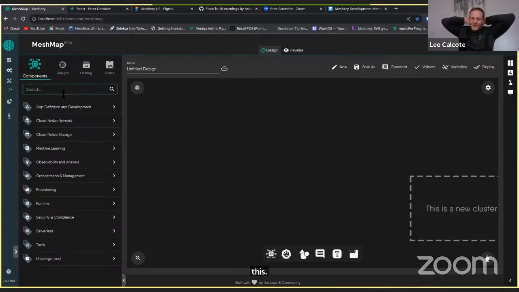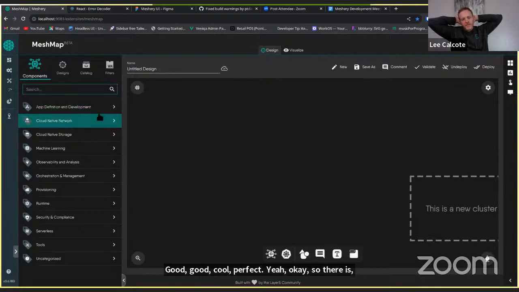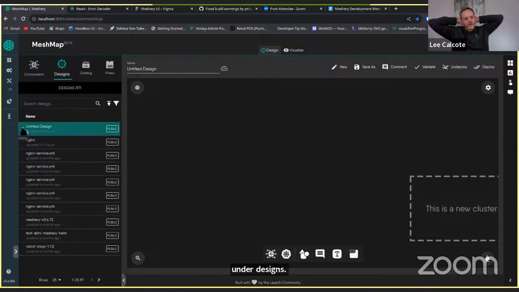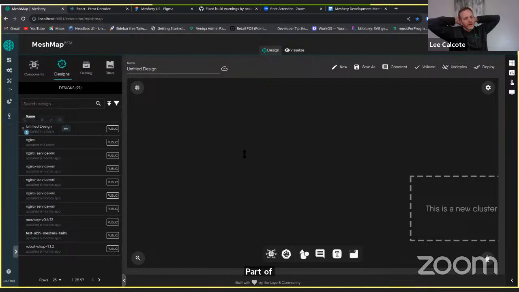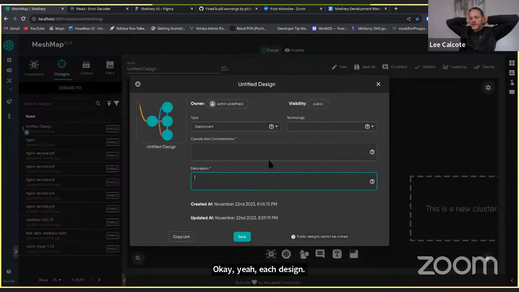A picture's worth a thousand words, which is the point of part of this project. Okay, so under designs, each design has another way of capturing details.